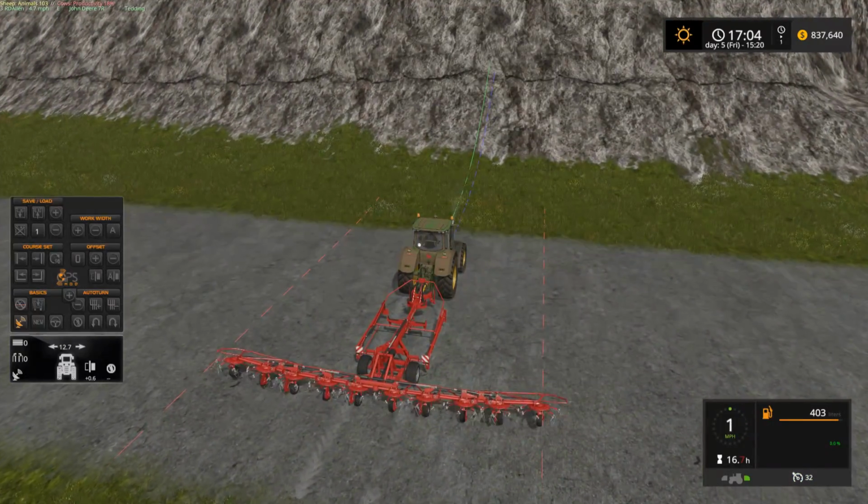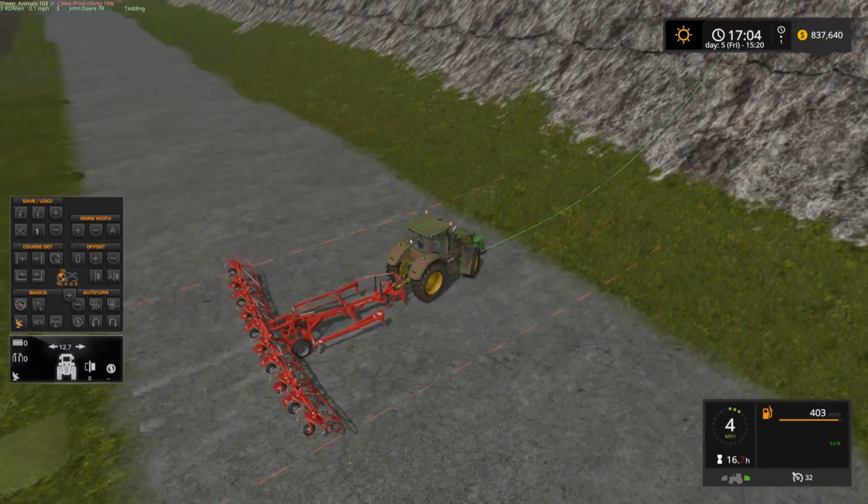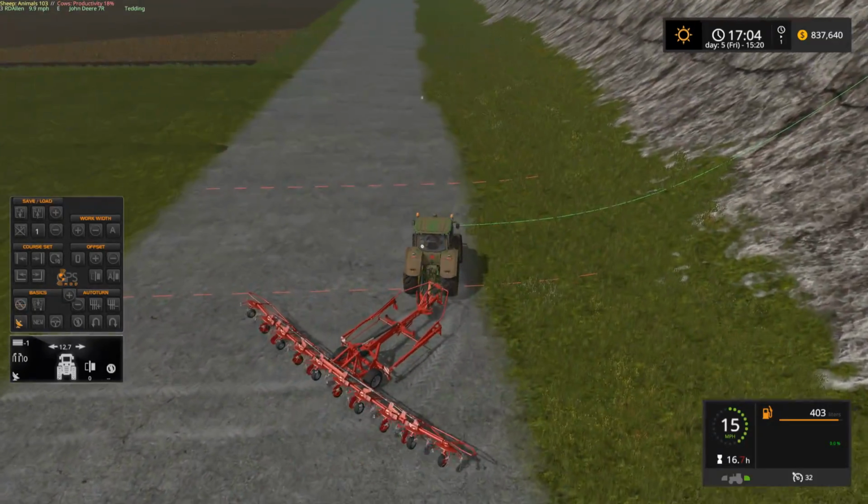I was wondering why we were offset there a little bit. There's offset on this. So I get rid of that. Not that it really matters. We're not actually lined up with anything, but...